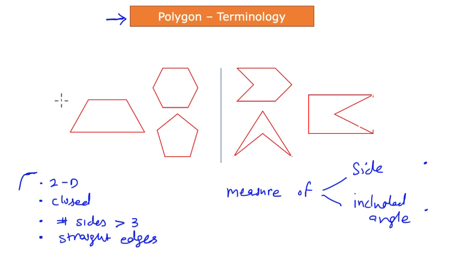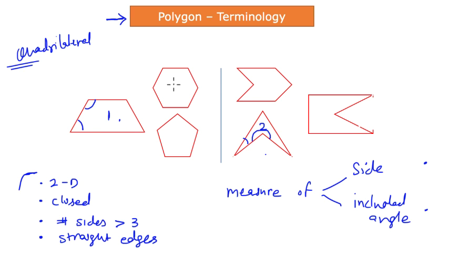You can create different groups or give different names to these polygons. For example, here in shape number 1, I have 4 sides, so I'll say that this is a quadrilateral, right? What other quadrilateral do you see in this group of polygons? Shape number 2 is also a quadrilateral because it has 4 sides. But clearly there is some difference between shape number 1 and shape number 2, and that difference lies in how these angles are defined, okay? So this is the kind of differentiation that you will put between polygon 1 and polygon 2.